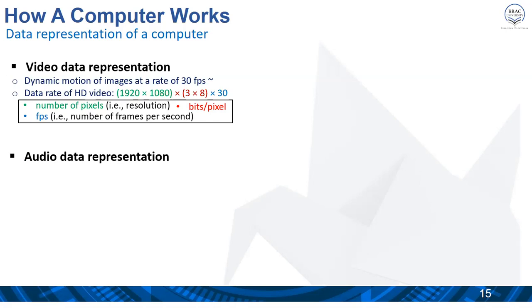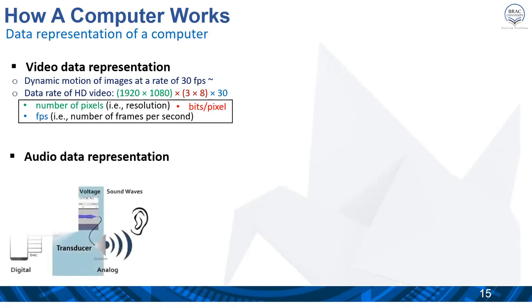The audio data representation. Audio data or sound wave is basically mechanical pressure or vibration.